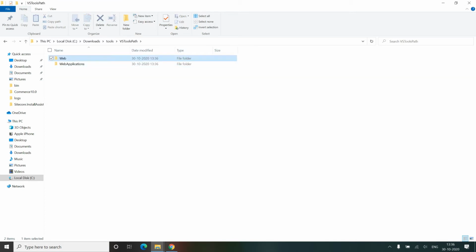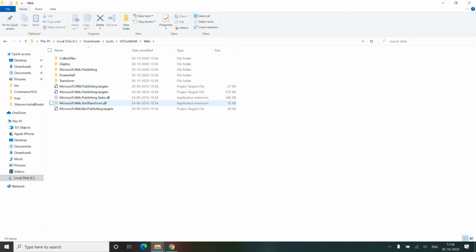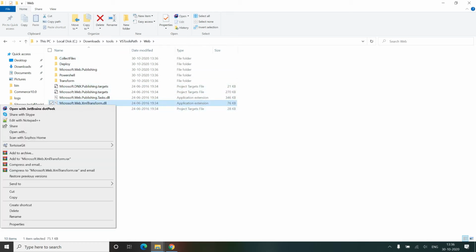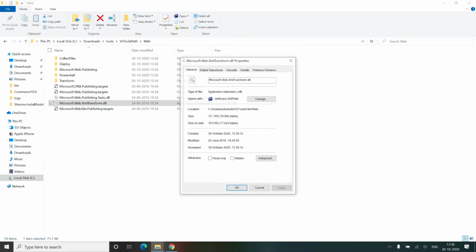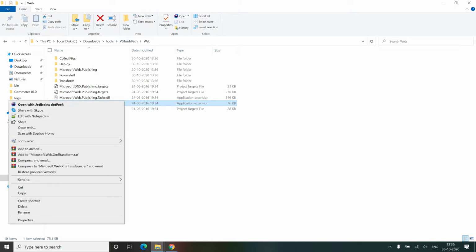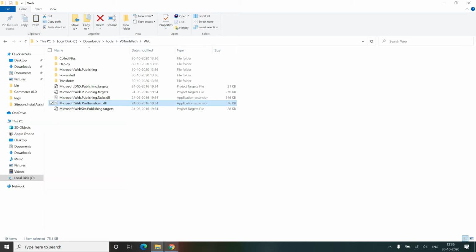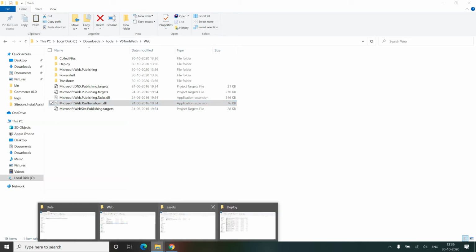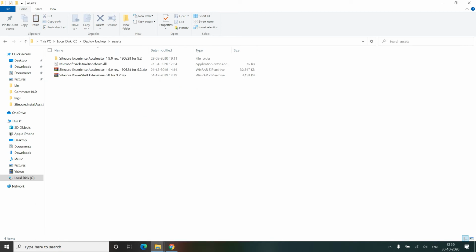Copy this DLL. We just require this DLL only. I am going to copy this DLL from this zip file or package file into our deployment folder.